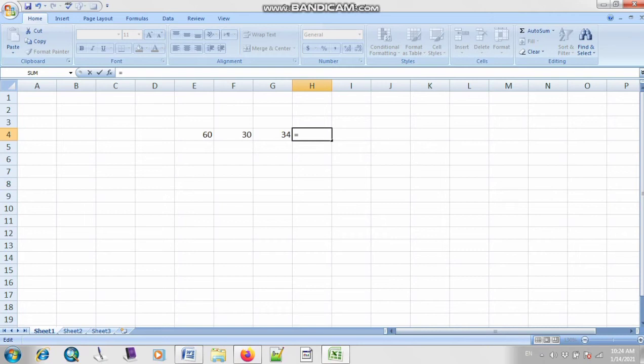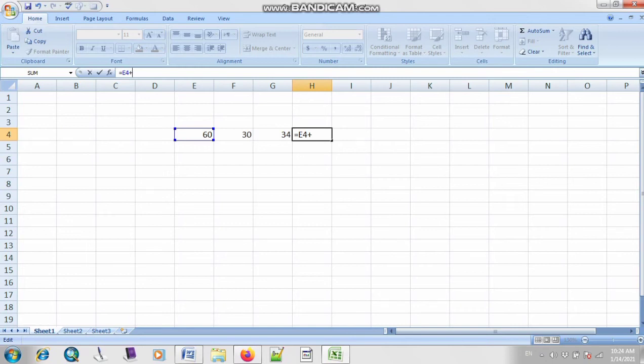So let me sum these numbers. First of all, let me write with cell addresses. What is the cell address of this 60? That is E4. So I will write E4 here. The next one is your plus. Now what is the cell address of 30?